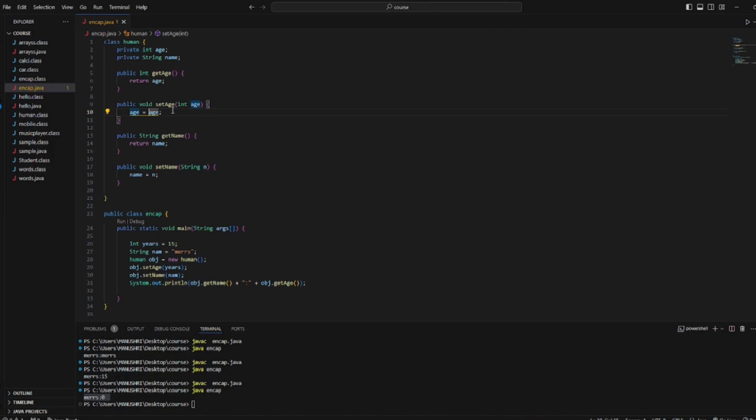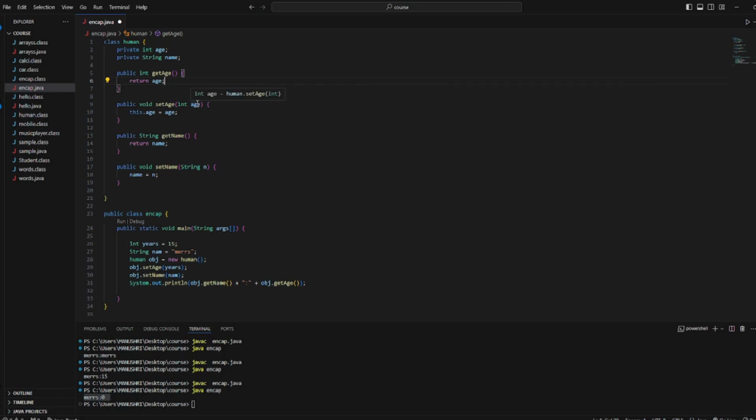So in order to make it understand this, what shall we do? We will be using the this keyword. Okay, so this keyword is mainly used for two things. One is for referencing the current object.